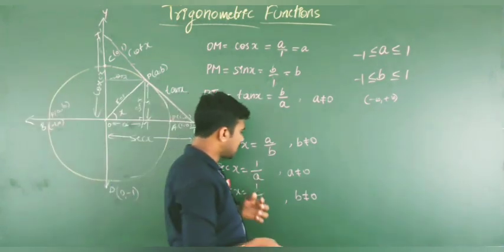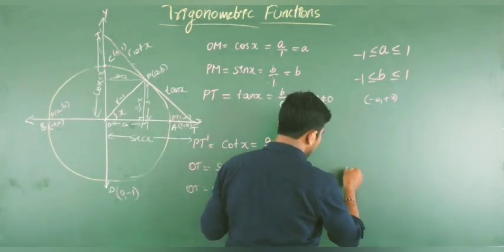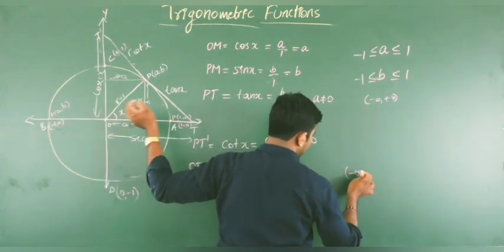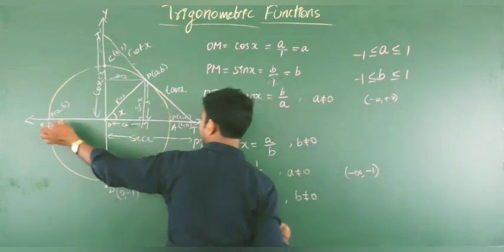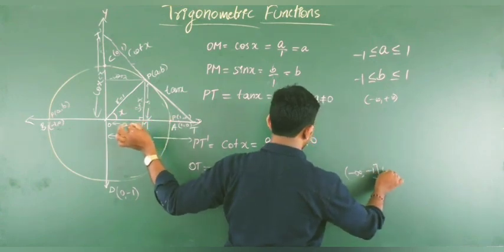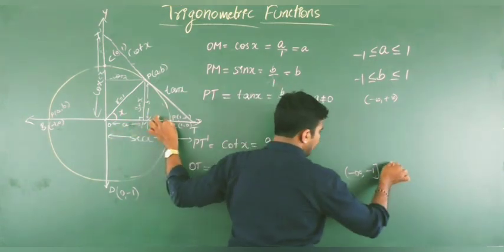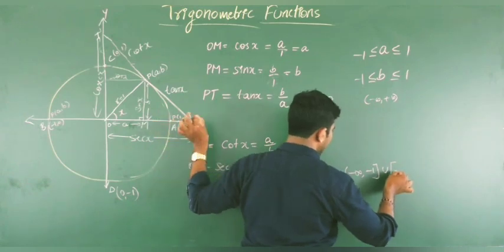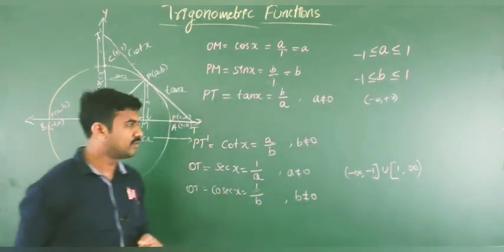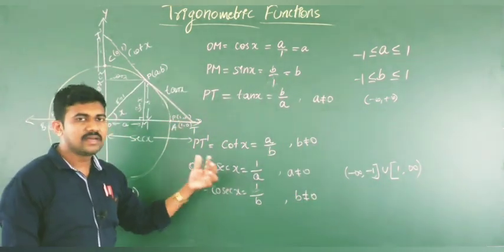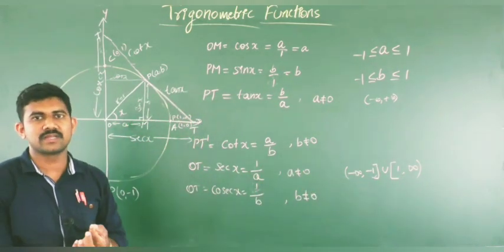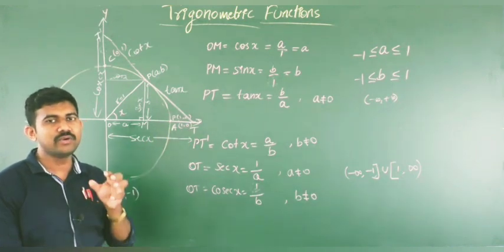Okay, so from where to where does the secant value come? The least value is not defined, -∞ to -1. Here the maximum is -1, including -1, and here 1 is included and it is increasing, and the endpoint is not defined here. Okay, so like this. So the value of secant x is from minus infinity to minus 1 and 1 to infinity, including minus 1 and 1.